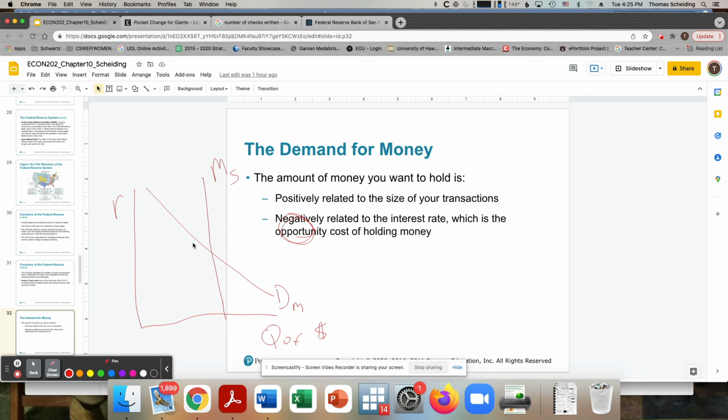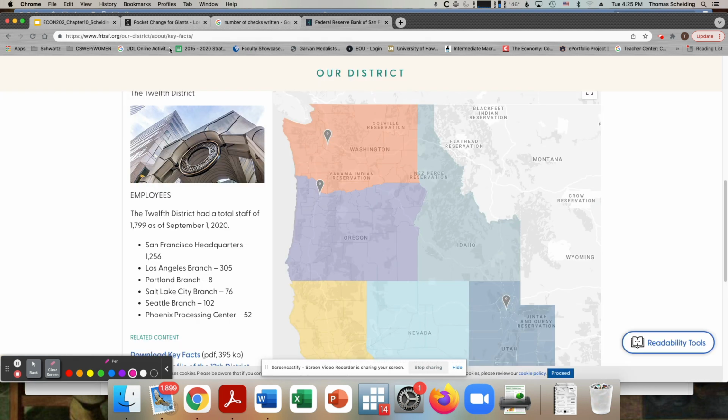It determines the interest rate. But now you can also see, based on the previous slide, that as it changes the money supply, it can change the interest rate. Pretty cool, huh? So that's what we mean when we say that the Federal Reserve impacts interest rates. It doesn't directly impact interest rates. Rather, it changes the money supply, which in turn changes the interest rate. Let's look at this right here.